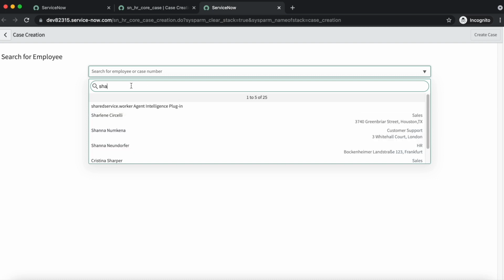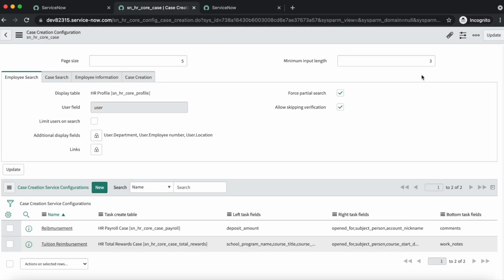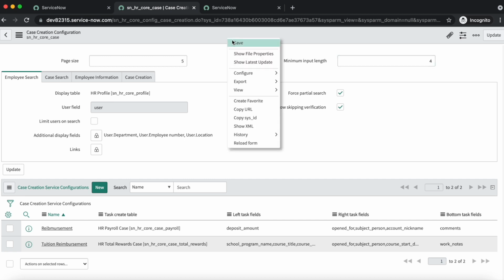But if I put only SH, it's not getting displayed. It's saying please enter one or more characters, because here we have set the value as 3 in the minimum input length. For example, right now let's make it 4 and save it.